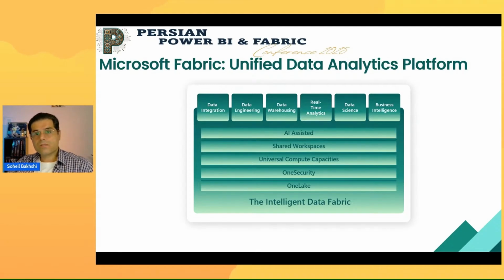Shared workspaces in Microsoft Fabric, which is built based on the Power BI experience. We have workspaces where we can store our items and data, and it's working on the foundation of OneLake, which is our unified storage layer, right? And we have an AI assistant, or Copilot, on Microsoft Fabric.